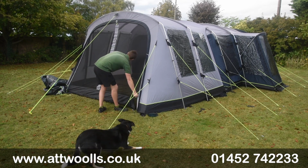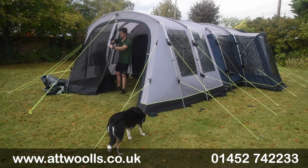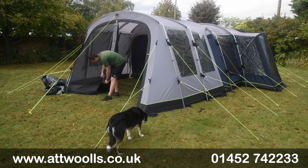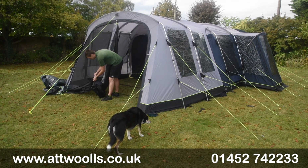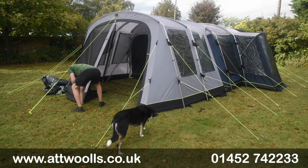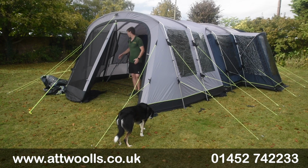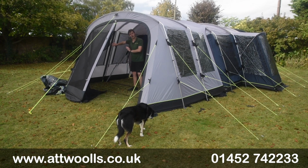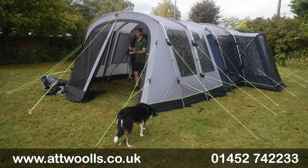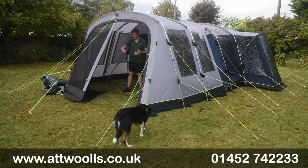Failing that, again, we can open it from right to left or left to right, depending on what best suits you. Bring it back halfway. Let's leave it halfway today. So inside actually is a really nice depth into it. And we've got a door positioned on the right hand side here as well. So if you wanted to keep this completely enclosed, and however it does turn, you can always have this little bit of door to go in and out of,